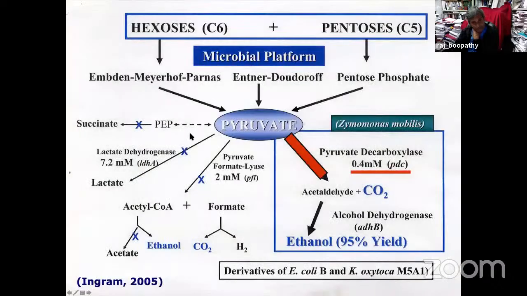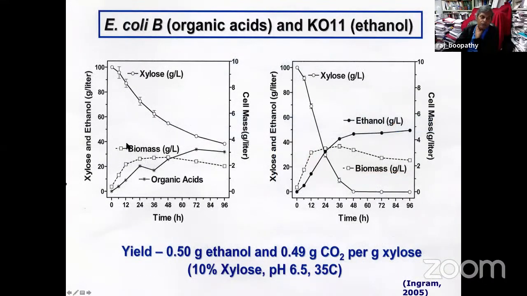So just to show you, we knocked out these genes, so the bacteria are not producing any of these products. It only produces ethanol. And in this way, you can make a 95% yield of ethanol, okay? And just to show this concept, this is the xylose and ethanol. We grow them in the lab in a 5-liter fermenter. You can see the xylosic sugar go down because we put the gene in this bacteria. And then the bacterial biomass goes up, organic acid goes down. When we did the knockout of these acids, you increase the yield of ethanol. You don't produce any acid here after you knock out the gene. So we improve the yield,